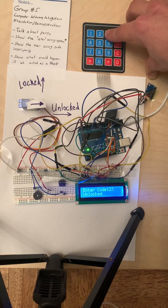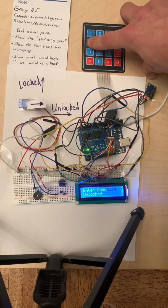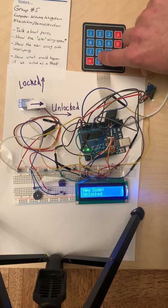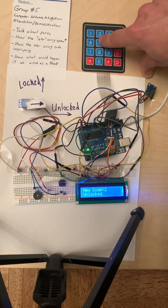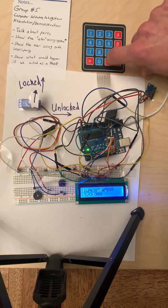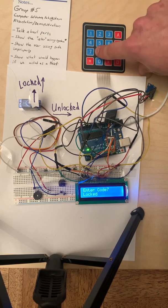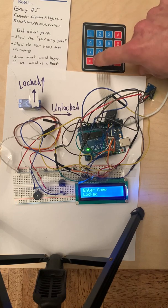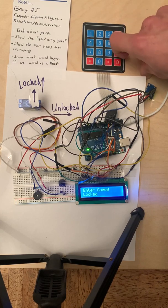1, 2, 3, 4, A, 4, 5, 6. B doesn't do anything because B, when we're in the unlocked position, shows us the new code. And we'll just make that 2580. And then 7, 8, 9. C makes it in the closed position, so it doesn't show up. We have star, which clears out everything, and then we have 0, and then this enters, and then we have